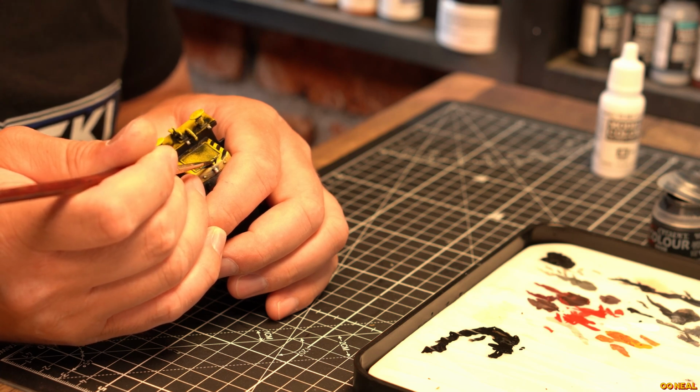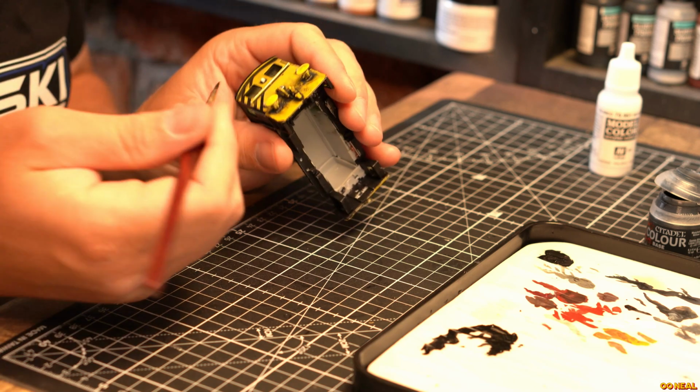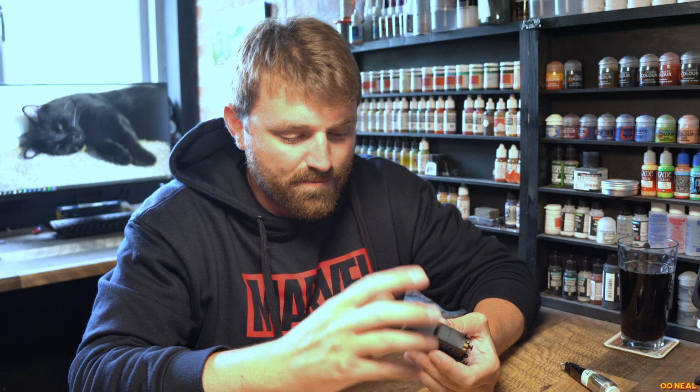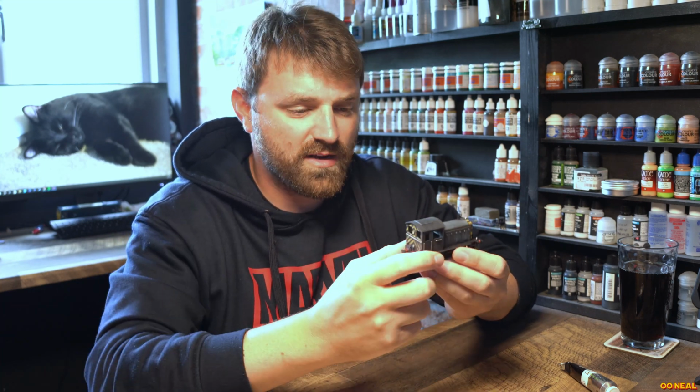I don't know what I'll do with this, but it's kind of fun because it's shorter and stubbier, and it looks kind of cute with the bogie attached to it underneath, so I quite like that. So yeah, once that was done, I painted the main buffer ends that nice red colour, and